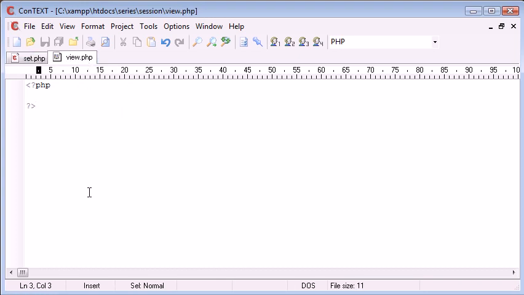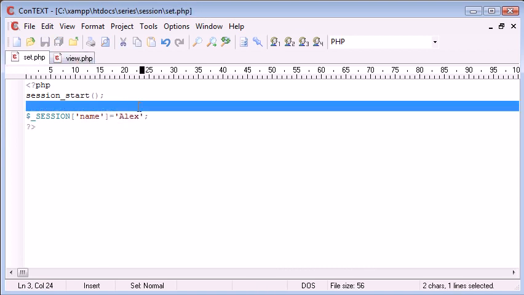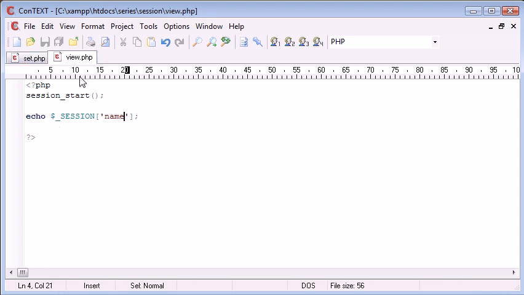So what happens on view.php when we want to return this data to the user? Now usually you would have to include this file inside this file, so include set.php when we're working with variables. However, because this is session data and it's stored on the server about us, you don't need to. So session_start, make sure you include that even when you're reading back variables. Then we can simply echo $_SESSION['name'], and this is going to take the stored variable inside this session called name, and it's just going to display it to us in the